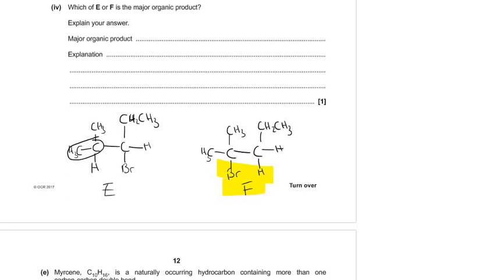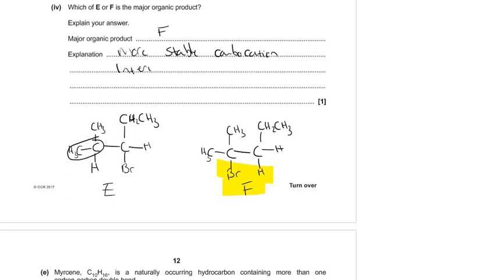So you could give the name, or you could give the letter. So I don't really believe in making more work for myself than I have to. So the major product for me here is going to be F, and the answer they want you to say, and that you should be saying, is that it goes through a more stable carbocation